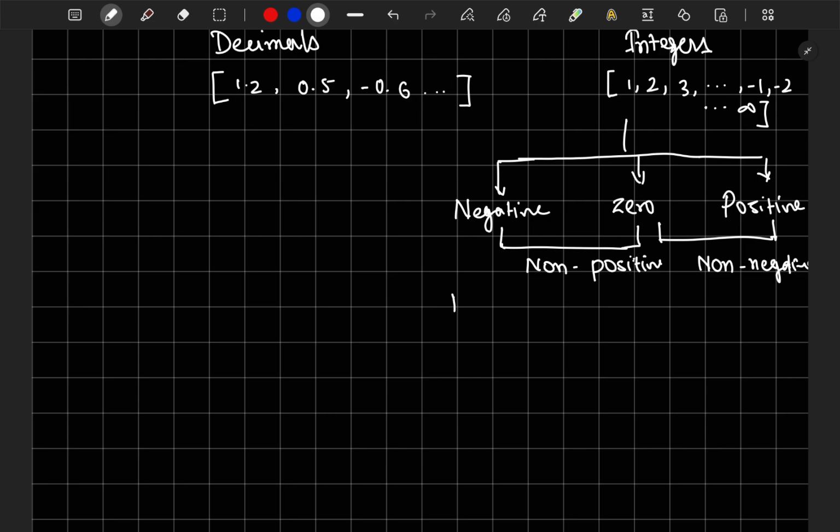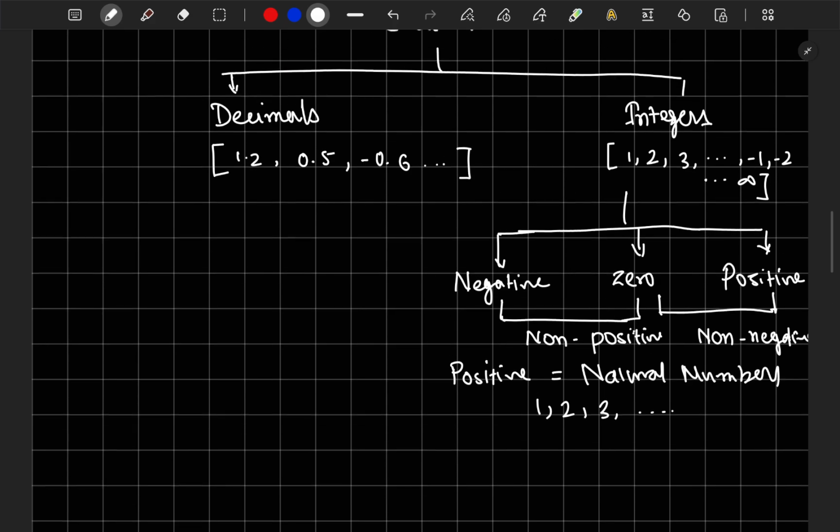We also call the positive integers natural numbers, like 1, 2, 3, and it goes on. Okay,